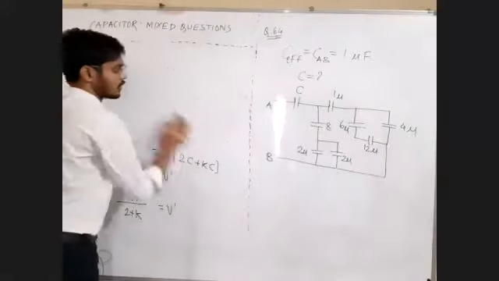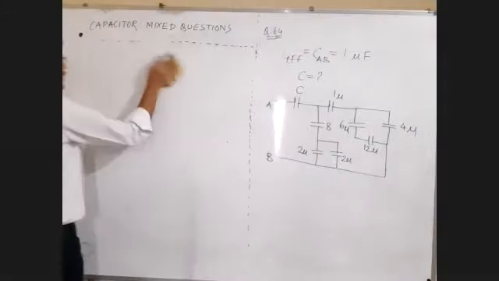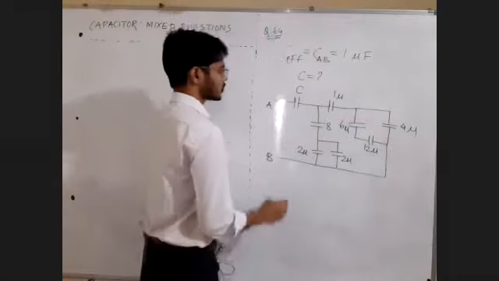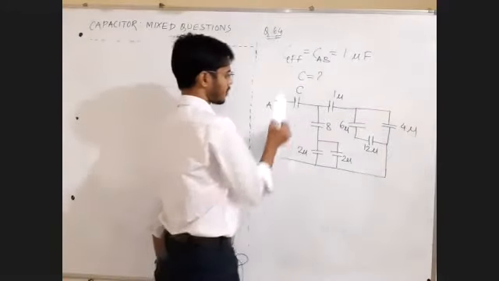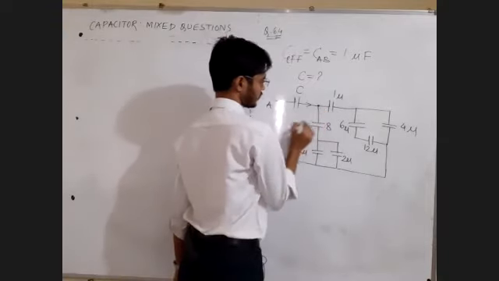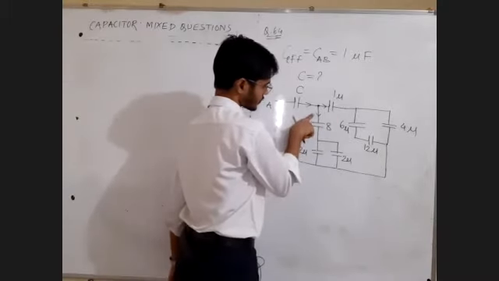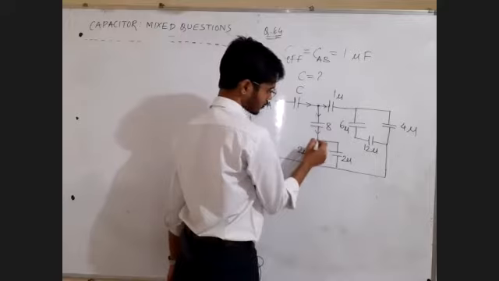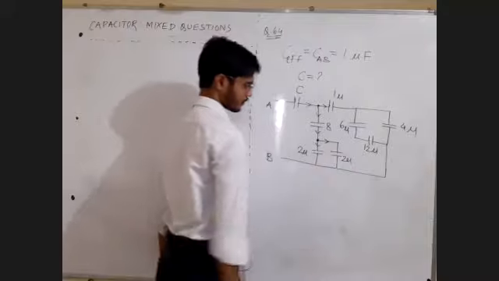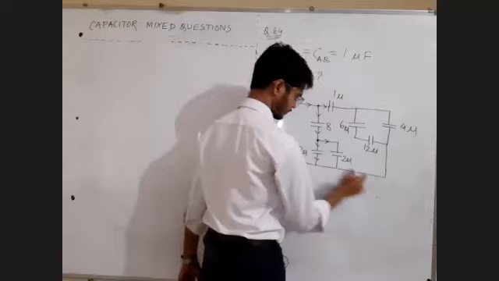Effective capacity between points A and B is given. So assume A as a start point, B as an end point, and start flowing the charge from A to B so that you can realize the series and parallel combinations. Charge will come like this. Here it will realize two paths, 1, 2. Now let us consider this path. Again at this point charge will realize two paths. Now we reach the point B.